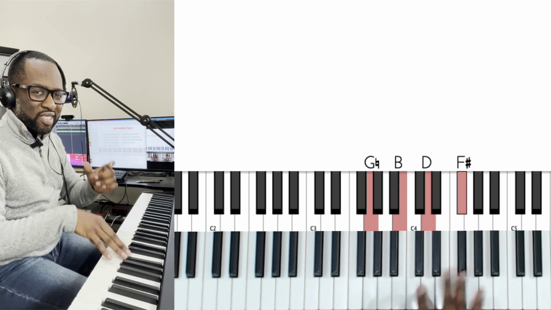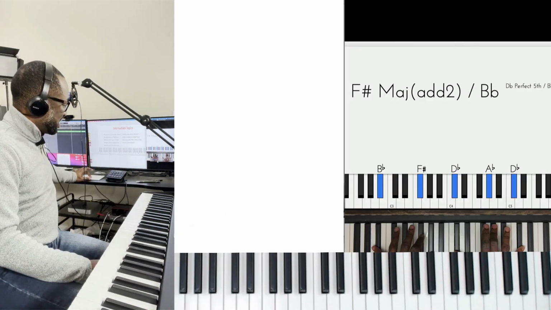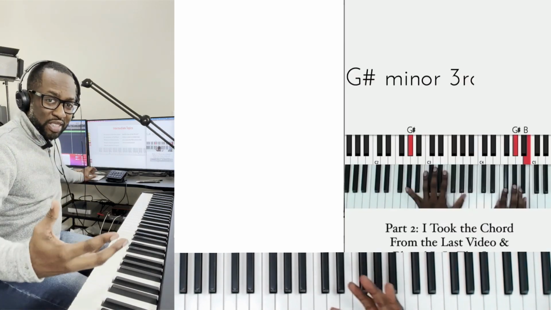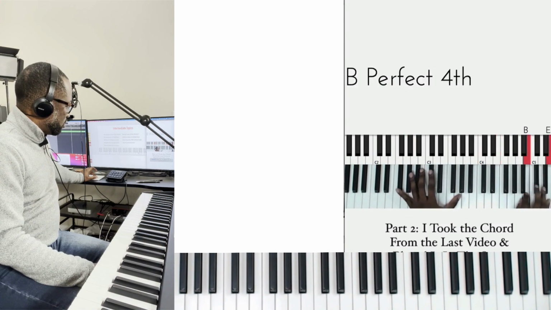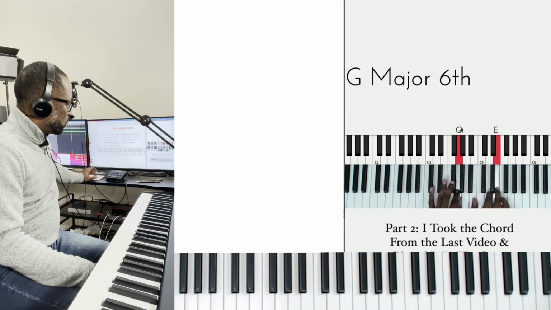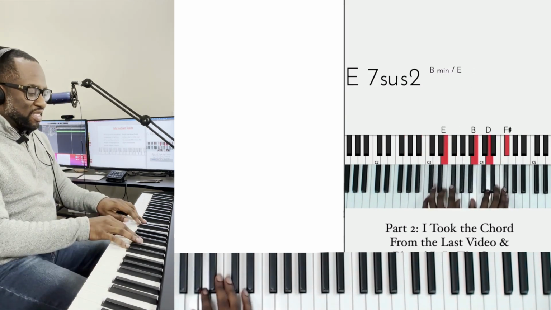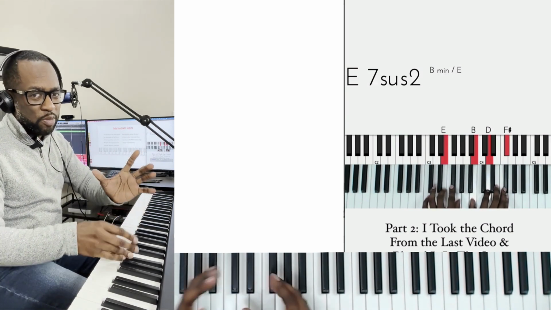But check this out. This is the beauty of studying music and why I like studying music. You'll notice that that's exactly what I did when I played the verse. Listen to this. See? See, so as you can see, there's parallelism here.